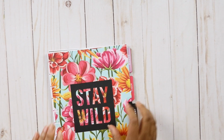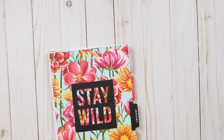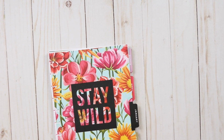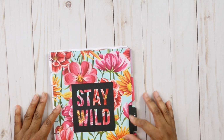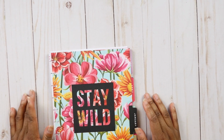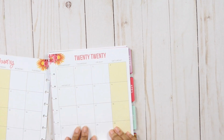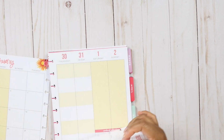This planner, which was my old color block planner, I have the cover on the outside of my Stargazer, and that's why there's no cover to these. But this was actually the cover of the planner, as ironic as that is. I'm using the monthly calendar from this and the currently page,